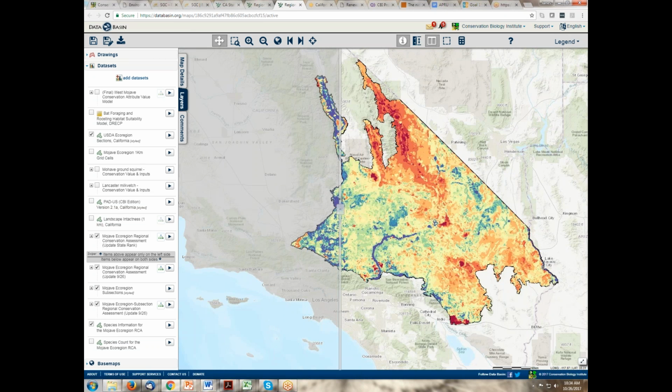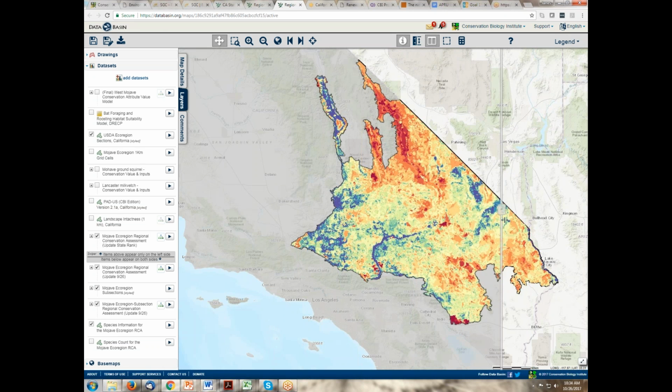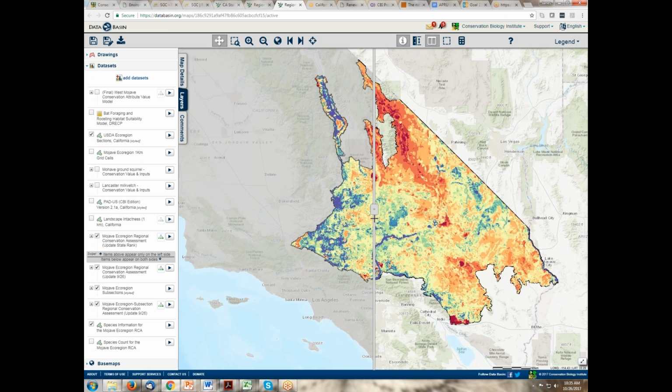So I'm going to go slow and I'll go back again. You can see it's similar, but not identical. You can see some of the eastern Mojave brightening up. This is largely driven by some of the plants that we've got loaded. We don't have a lot of the plants loaded yet, but they're coming. I'll go back again so you can get a feel for it.